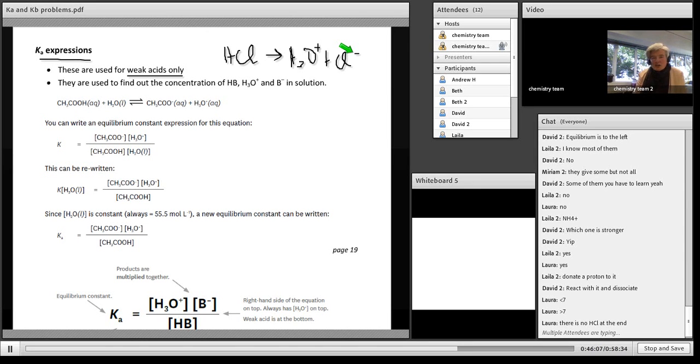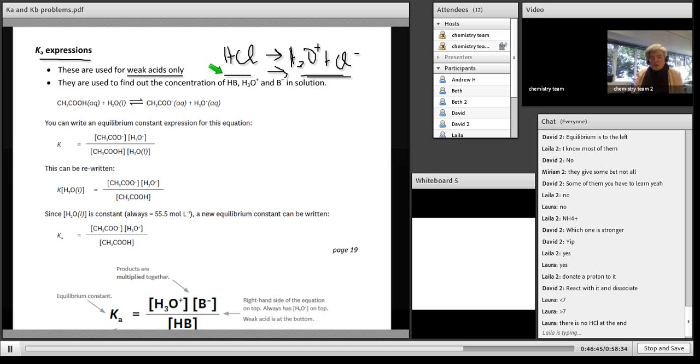In that case there's really no equilibrium. The equilibrium is just so far to the right. It's so enormous that in water it's limited by the water. So we only use it for weak acids. HCl is something like 10 to the power of 8. It's something enormous, and it's a pointless concept to have an Ka for strong acids. So we only use it for weak acids because there at least the ions would be in equilibrium with the